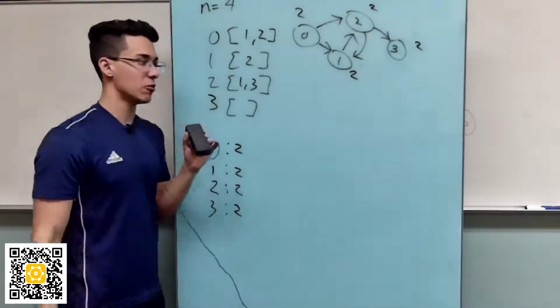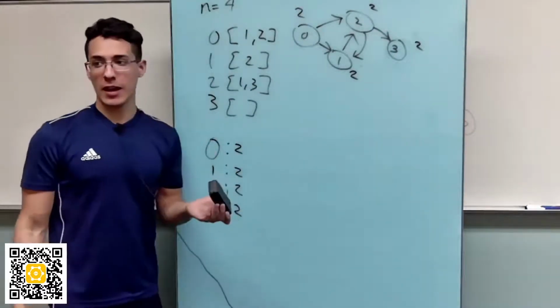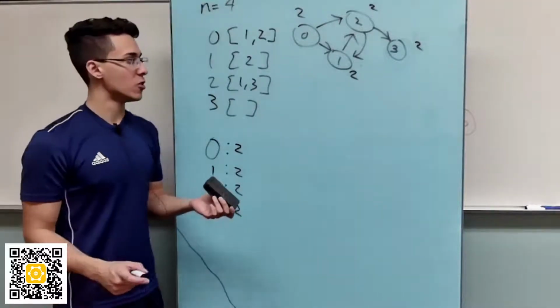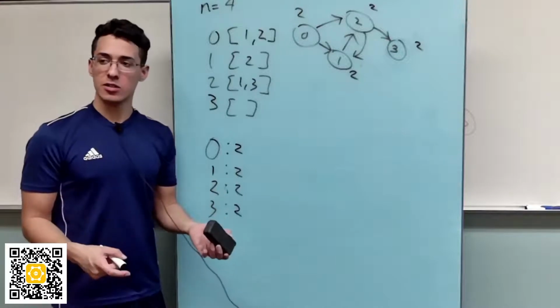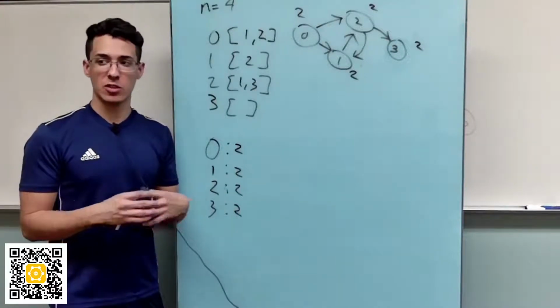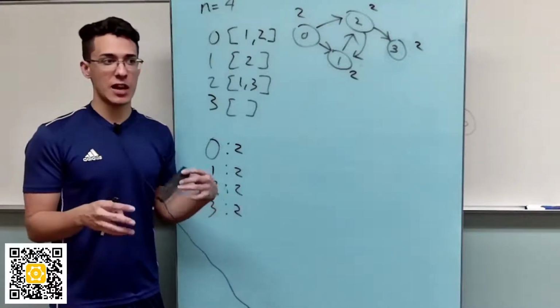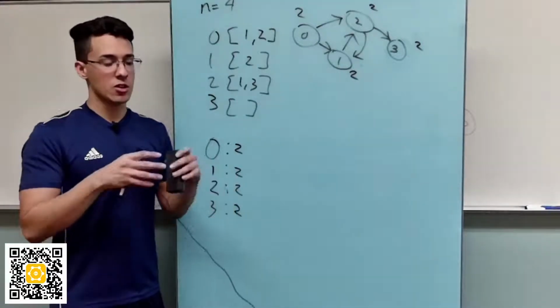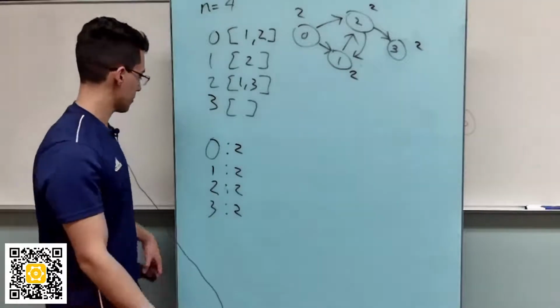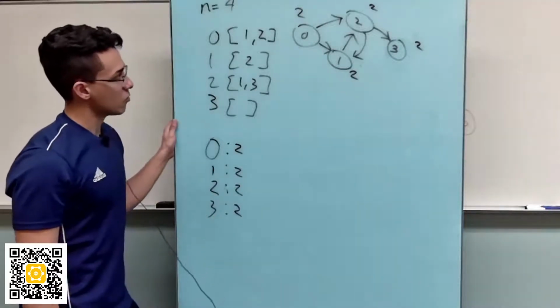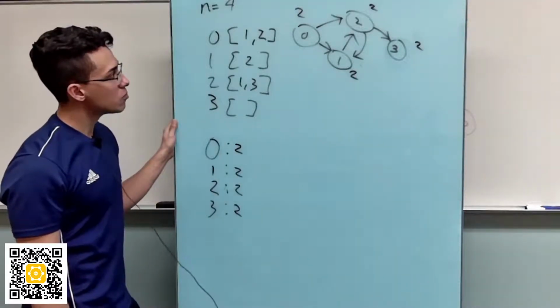Remember when I was saying white, gray, black? I'm just, 0 is white, 1 is gray, 2 is black. And what black means is that you're never going to need that node ever again because you've gone through all of its descendants and you've gone back up, backtracked up. Okay, so